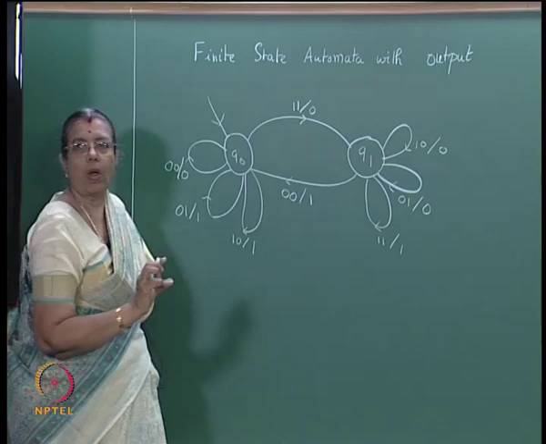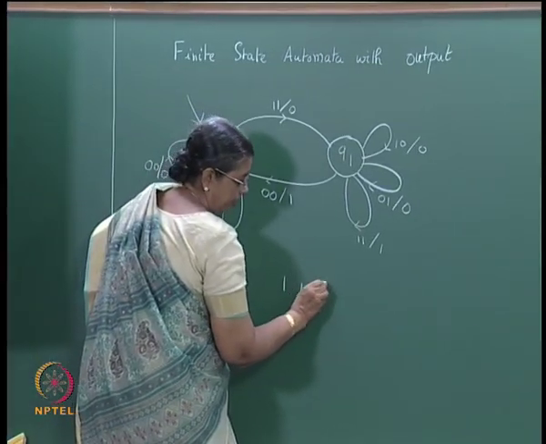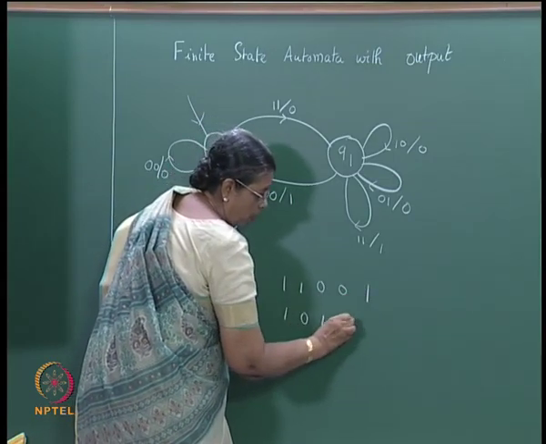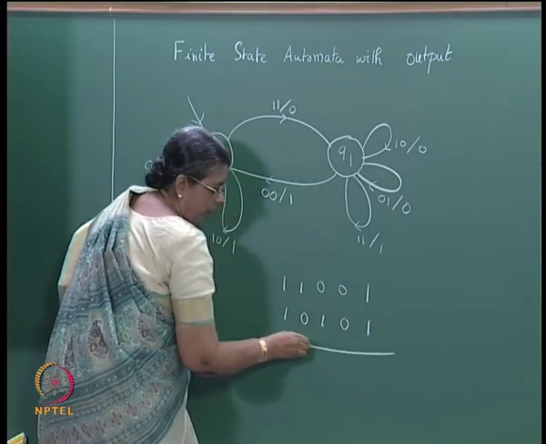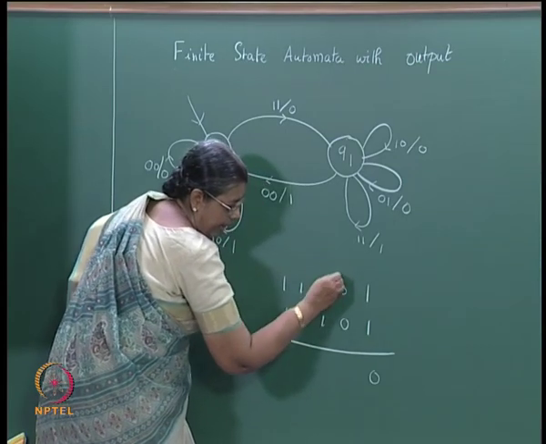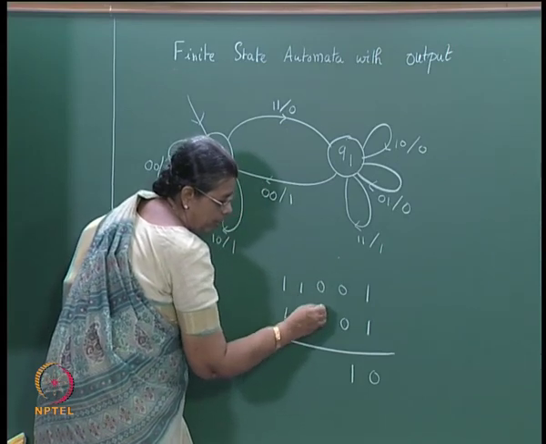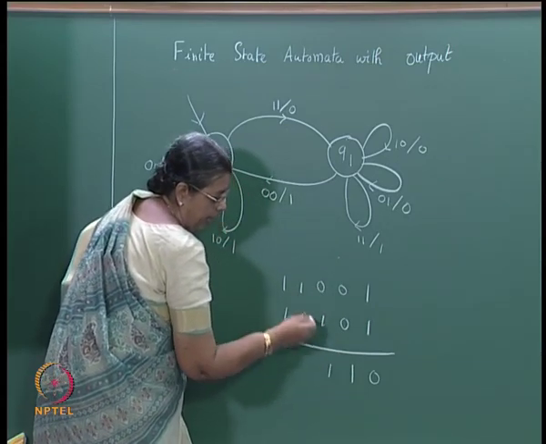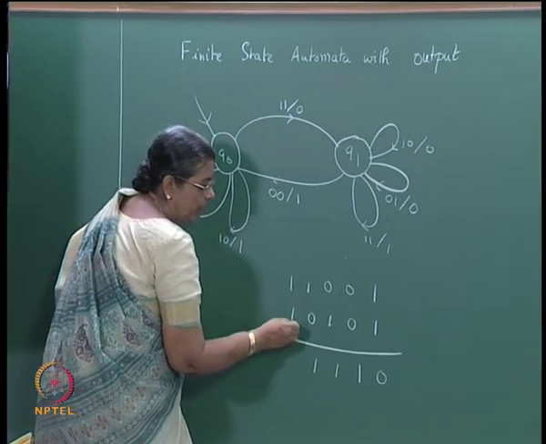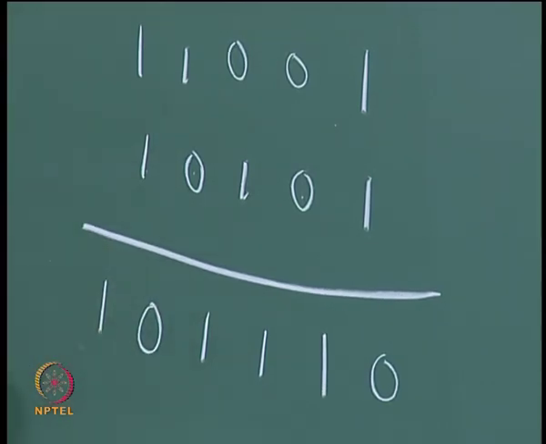1 0 or 1 1. So, suppose you want to add two numbers, say 1 1 0 0 1, 1 0 1 0 1. What will be the output? 1 1 gives you 0 with a carry, and with carry this 2 zeros you will get a 1, 0 1 will give you a 1 without a carry, 1 0 will give you a 1 without a carry, 1 1 will give you a 0, there will be a carry which will be output in the next instance.